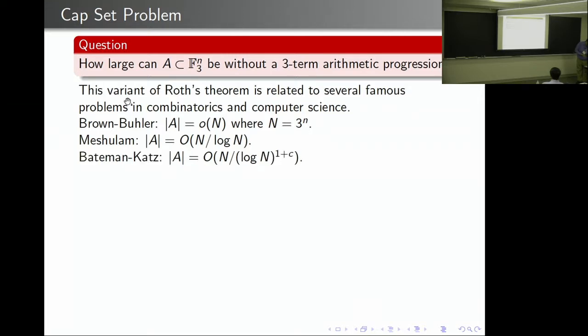And using the additive structure of the large Fourier coefficients, this is a difficult result of Bateman and Katz, where they improve the exponent of log N to 1 plus some tiny constant c. And they're really using a lot of the tools from additive combinatorics. It's a long paper. A little over a year ago, there was a breakthrough by Croot, Lev, and Pach